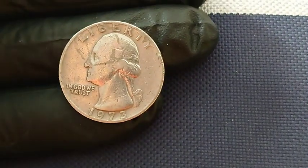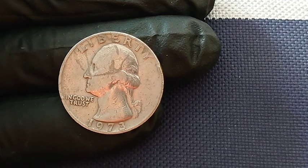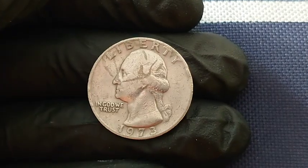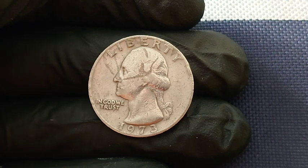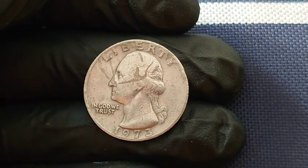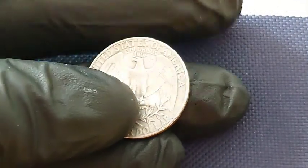And as stories of people finding rare coins in everyday life continue to spread, this 1973 quarter serves as the ultimate reminder to check your change, search your drawers, and keep your eyes open, because in the unpredictable and fascinating world of rare coins, it only takes one overlooked error to turn pocket change into